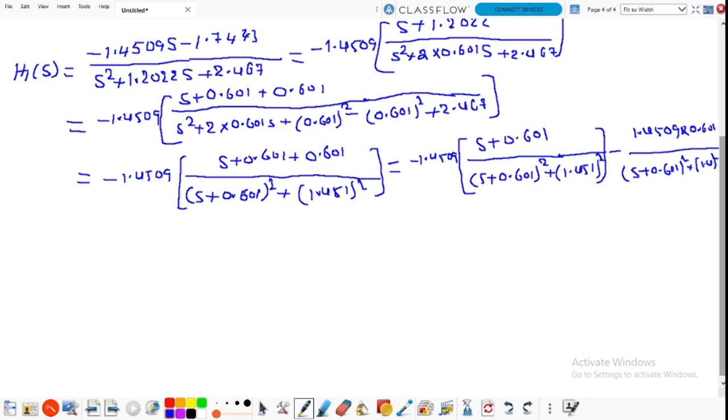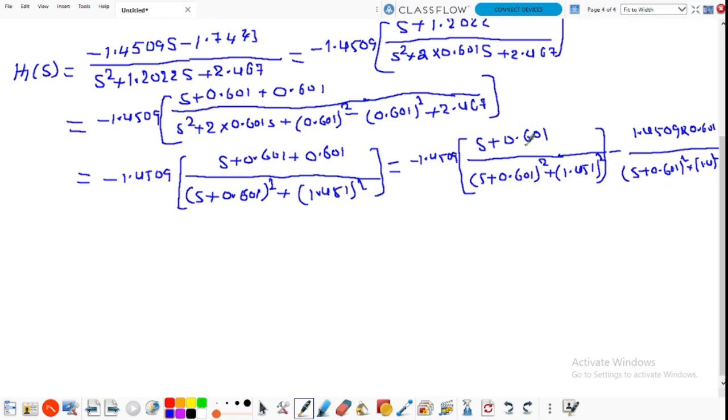And one more mapping formula and one more property of the impulse invariant transformation method is the standard expression b divided by (s plus a) whole square plus b square is transformed or mapped into e power minus at sin bt z power minus 1 by 1 minus 2 e power minus at cos bt z power minus 1 plus e power minus 2at z power minus 2. These two are the properties of the impulse invariant transformation method. Using these two properties, simplifying the first term and the second term.